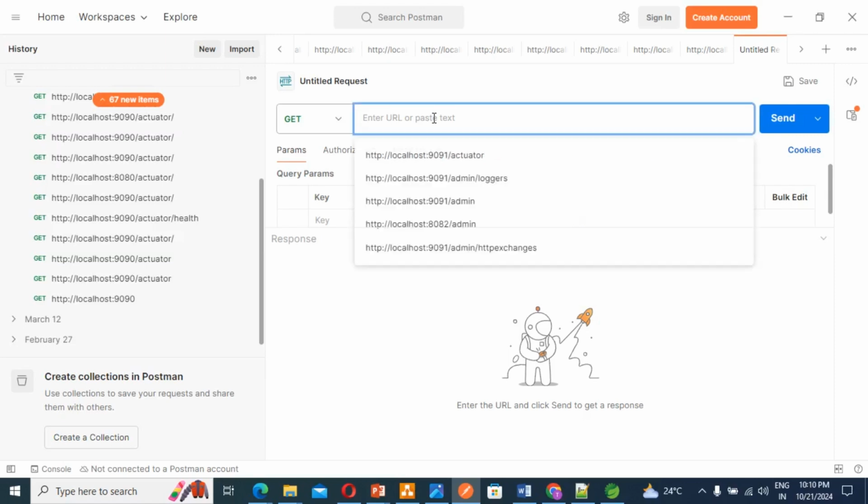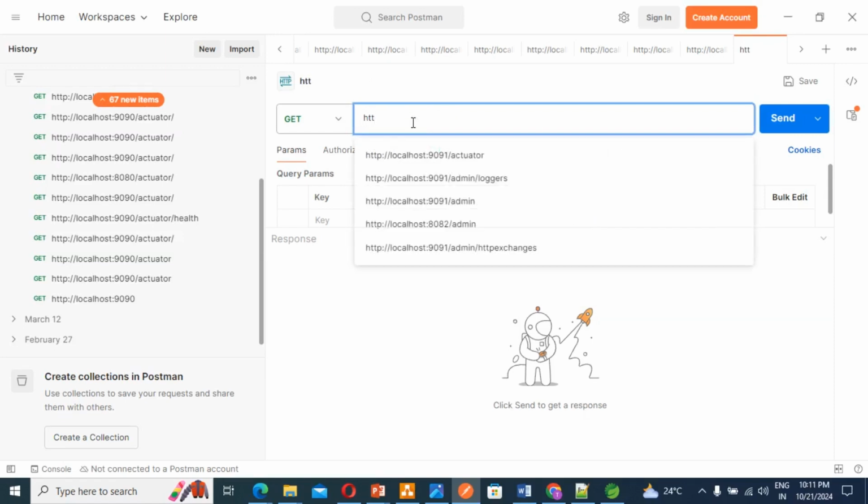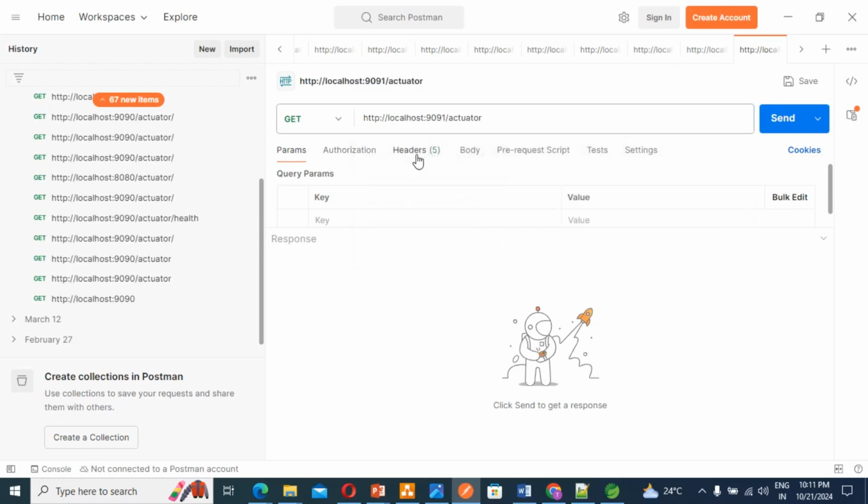Also you can put http, click this one. So http localhost 9091 actuator, this is the endpoint. If you send this, the send button,